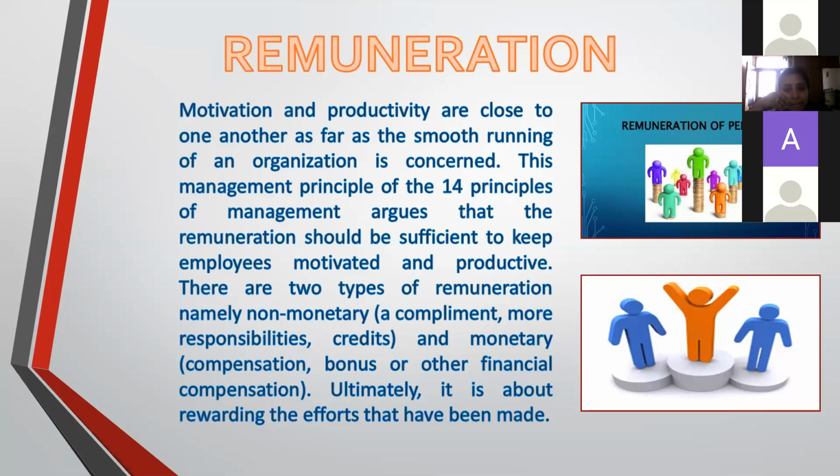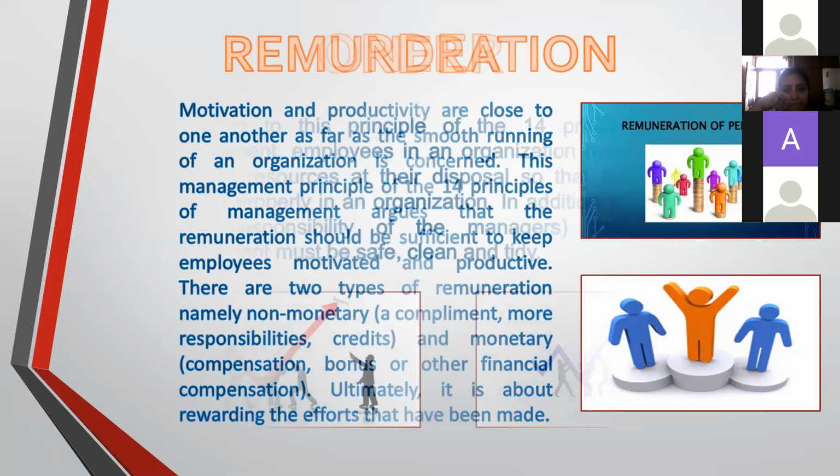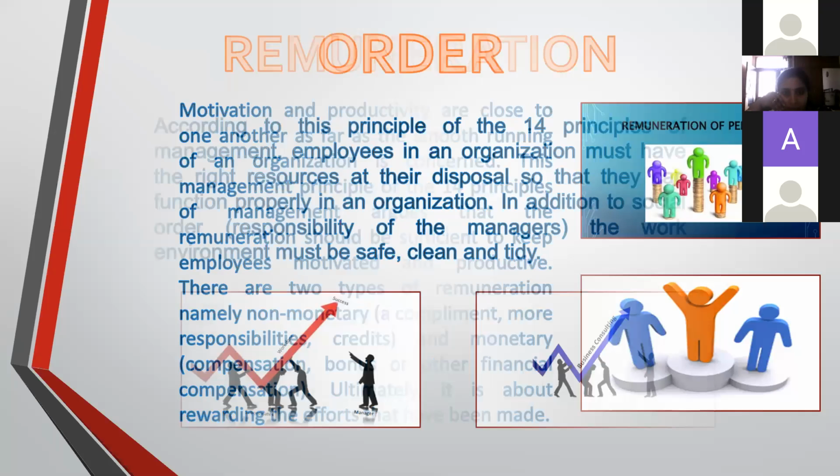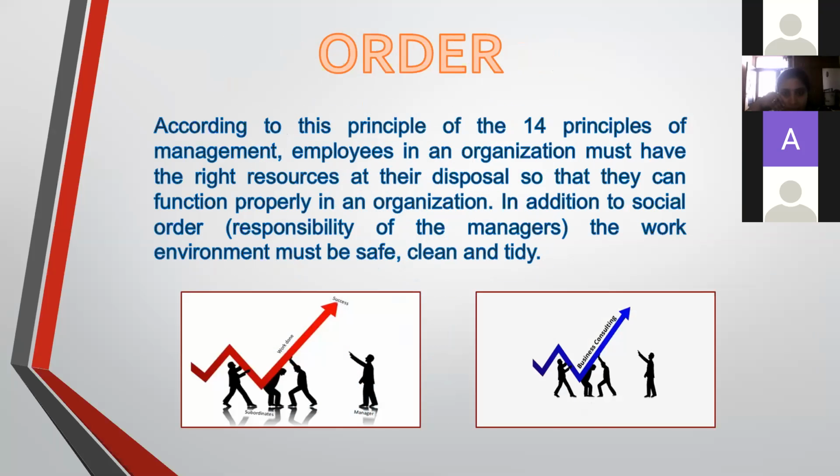The next principle is order. According to the principle of order, the right person should be placed at the right job and the right thing should be placed at the right place. According to Fayol, every enterprise should have two different orders: material order for physical resources and social order for human resources. Keeping the physical resources in order means a proper place for everything and everything in its right place. Similarly, keeping the human resources in order means a place for everyone and everyone in his appointed place.